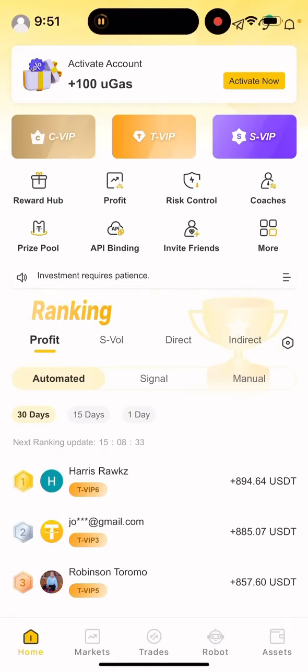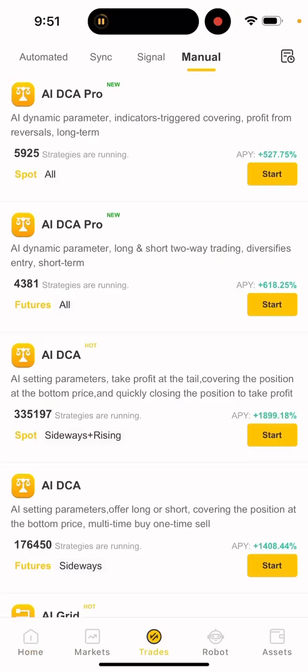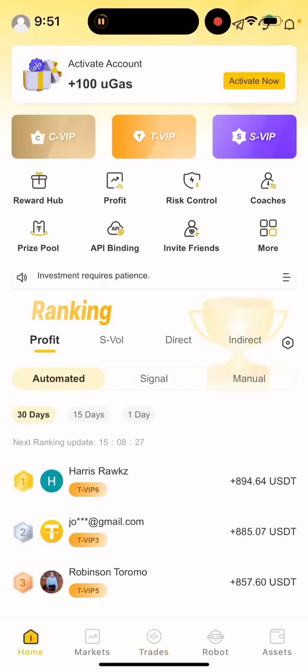First, you click on trade. You must have your capital in your exchange. Remember, don't forget, you must have your capital in your Binance or in your Bitget or whichever exchange you want to use. Your trading capital should be in that exchange. Once you have your trading capital in that exchange, that is when you can come back to do whatever I want to teach you right now. And you must have done your API binding and purchased your yogas. So click on trades,